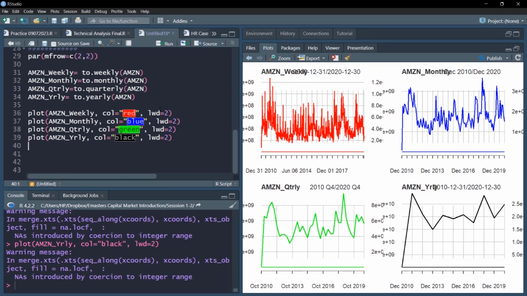So with this, we have visualized the data in this video for different series. We aggregated the data into weekly, monthly, annual, and quarterly from the daily series. Then we visualized the data. We also saw how to change the colors or change the line width. In the next video, we'll convert our data into OHLC data, which we'll use in further advanced technical analysis.